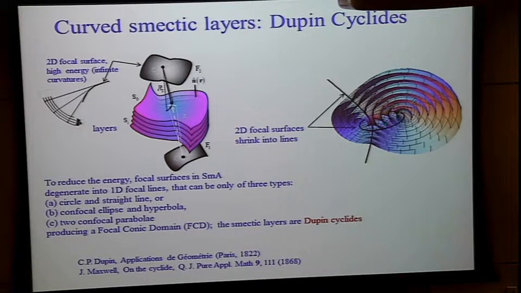So geometrically, the idea that there are packings of flexible layers that have focal surfaces being degenerate into the lines was discovered by Dupin. This is why the surfaces are called by the people the Dupin cyclides. And it's interesting that Maxwell was